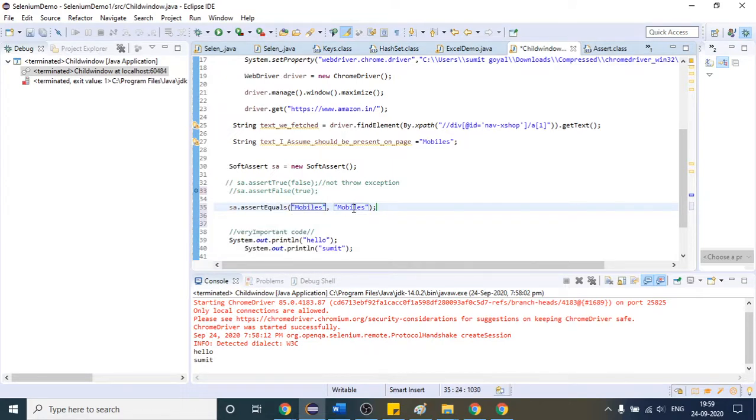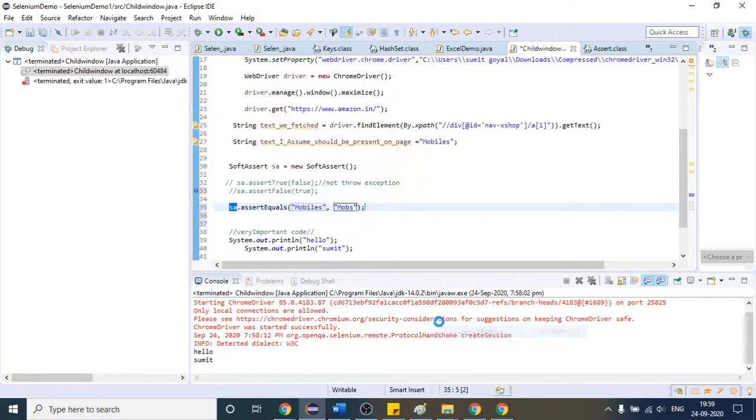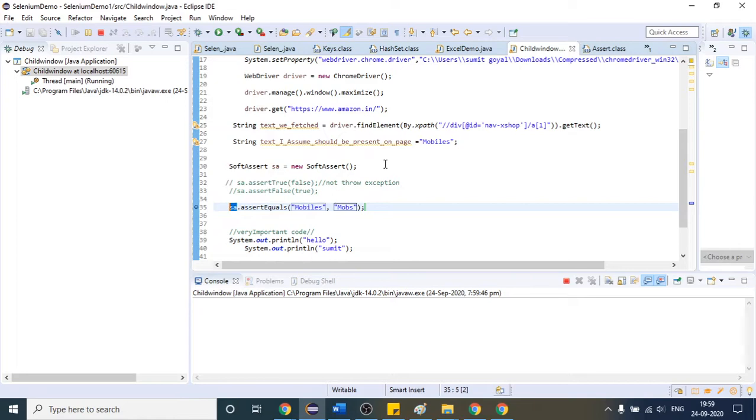But if I write it like this, so these two are not equal, which means it should throw an exception, but you will see, as it is a case of soft assertion, it will not throw the error. So suppose I write like this, again it will come to that point.